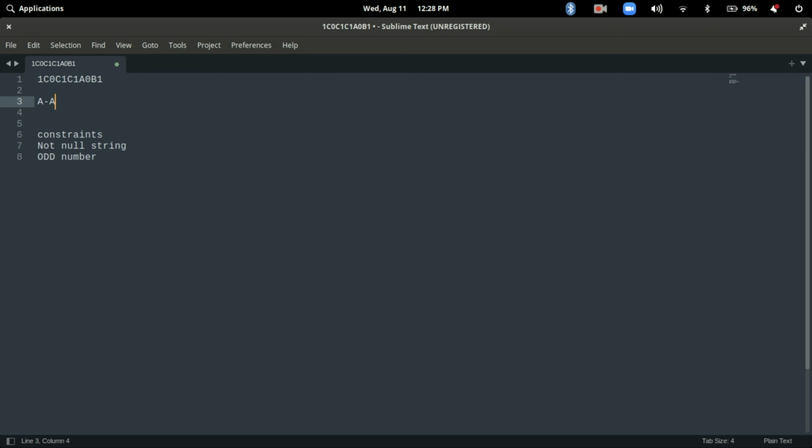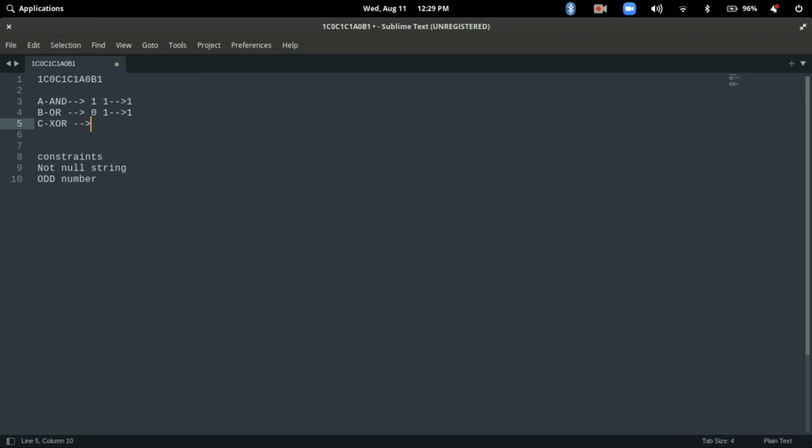A will be for AND operation, B will be for your OR operation, and C will be for your XOR operation. Okay, so now what does this mean? AND means if both bits are 1 and 1, it will calculate as 1, it will be true. OR means if one bit is 0, other is even 1, any of those bits are 1, it will calculate to 1. And XOR, what does XOR mean here?